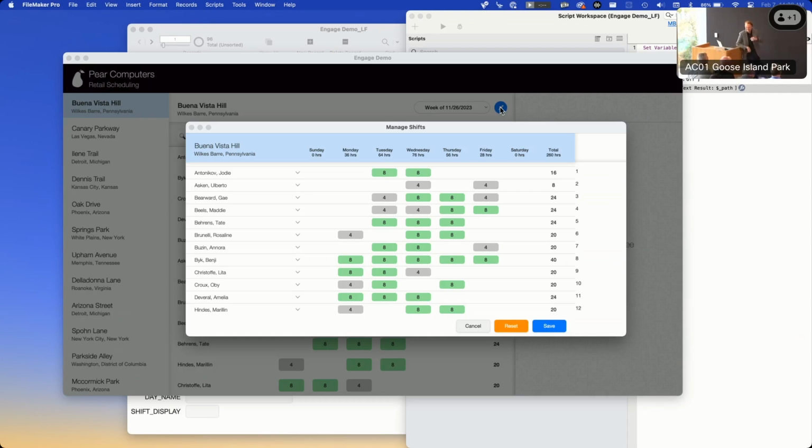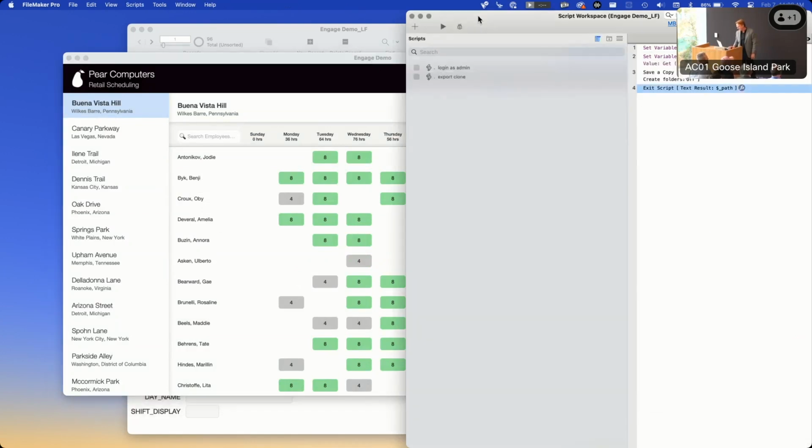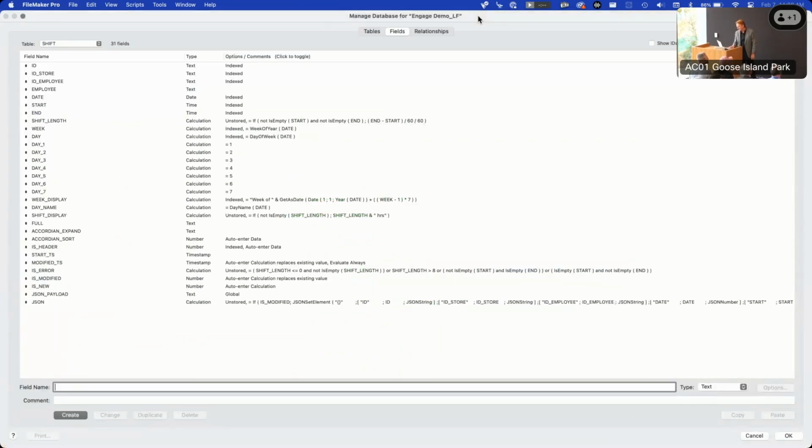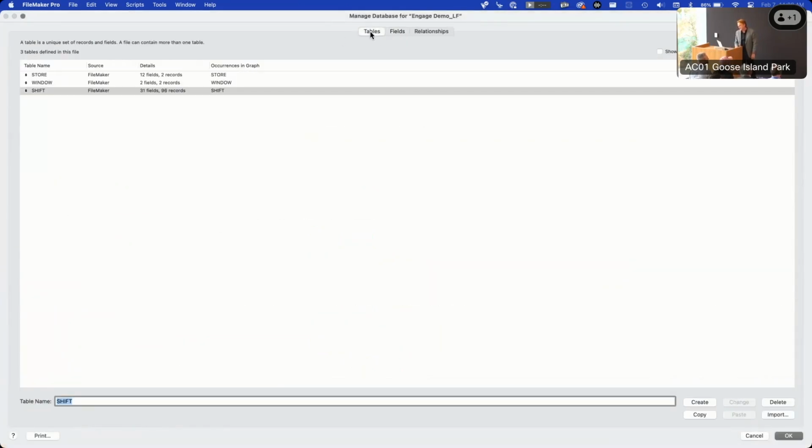What exactly is in the sandbox file? Yeah, we've got to take a peek. For sure. In this instance, these are the three tables I have in the sandbox